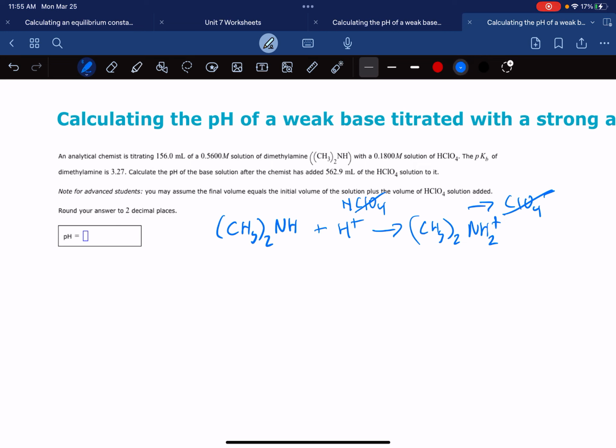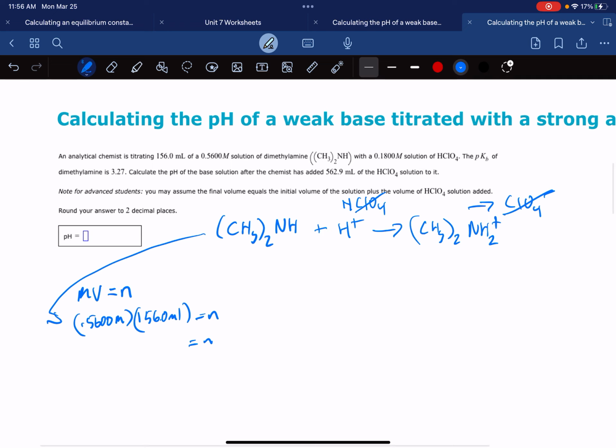Now, I'm going to do this independently on the side, for the dimethylamine. When we start off with that, let's take a look here so we see where we're getting it. We have 0.5600 as the molarity, and we know that molarity times volume equals moles. So I'm going to take my molarity, 0.5600 molar, and multiply that by my milliliters, which is 156.0 milliliters. When I do that, I'm going to get millimoles, and we're going to keep it in millimoles because why bother switching it to something else? So that's going to give us 10.1